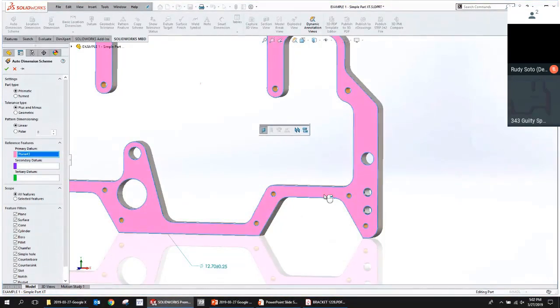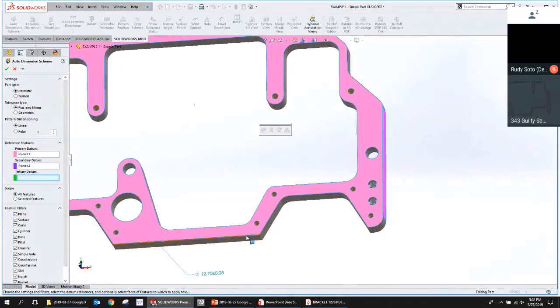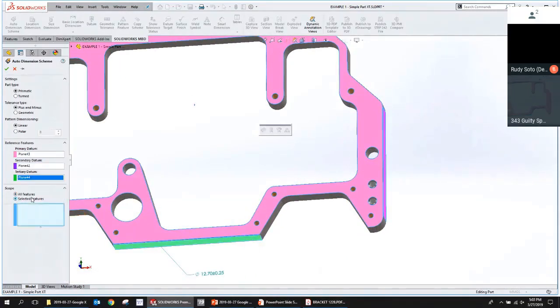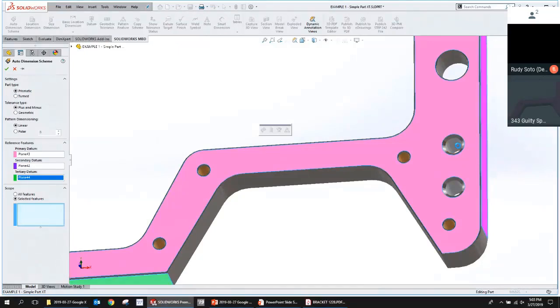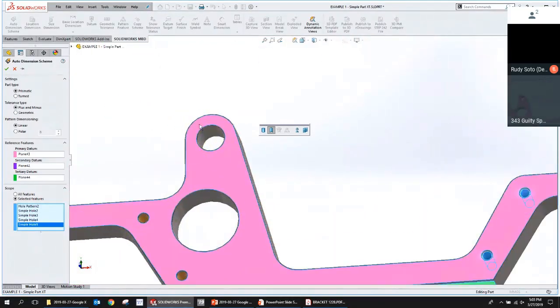Here you can see I'm using the right mouse button trick again. I pick that first face, and if I right mouse button, I'm advancing to the next box over here. So you see the mouse changes to a carriage return, just saying advance to the next box. And then I'll go here to selected features, and I'll just go through and pick a few of these. Now, if it's an imported model and they're organized a certain way, DimExpert will automatically recognize them as a pattern. Otherwise, it'll be up to you to make sure that all the appropriate geometry is selected.